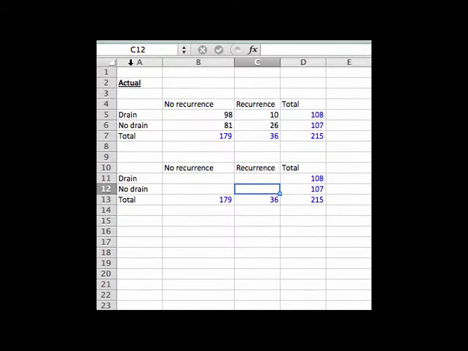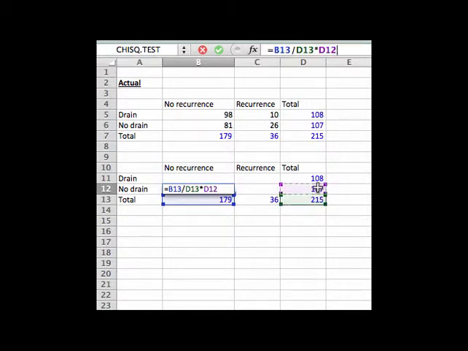In the top part I have put the actual data: drain, no recurrence, recurrence, total, total. So this is duplication of the table from the previous slides. And here I'm going to calculate the expected value. So once again, let's start here. So let's go to the formula bar, equal. We said we want to know the proportion of 179 to 215, then multiplied by 107,